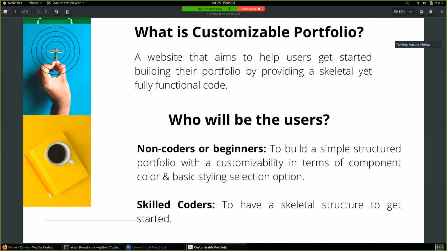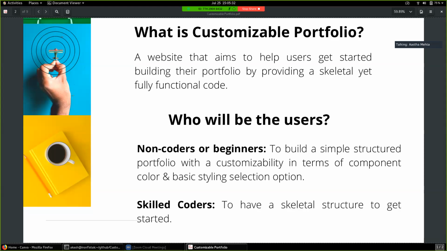Just imagine if today someone wants to build a portfolio, what he or she will do is undoubtedly go to Google and get some basic templates to start with and modify accordingly. But this seems a bit lengthy and boring, and it's not guaranteed one will be able to find what he is looking for. For beginners also, the whole code would be mind-boggling to debug and modify according to needs.